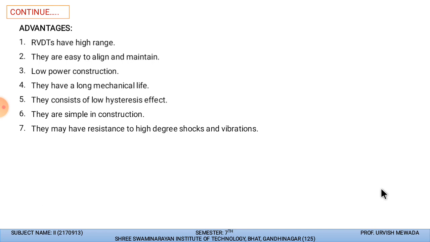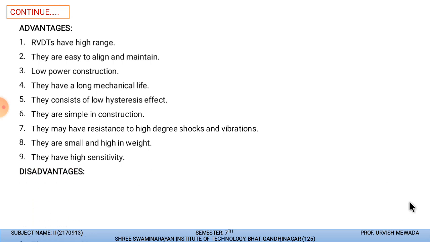Now they have resistance to high degree shock and vibration, so this device can also withstand industrial vibrations. Industrial means it can give repeated output in the industrial atmosphere. So it is quite durable, and they are small but high in weight. Due to the weight of the core and the weight of the copper winding, the weight of the RVDT is more, even if it is small. Then they have high sensitivity, because as we rotate the core, the EMF instantly changes in the secondary winding, so it has good sensitivity.